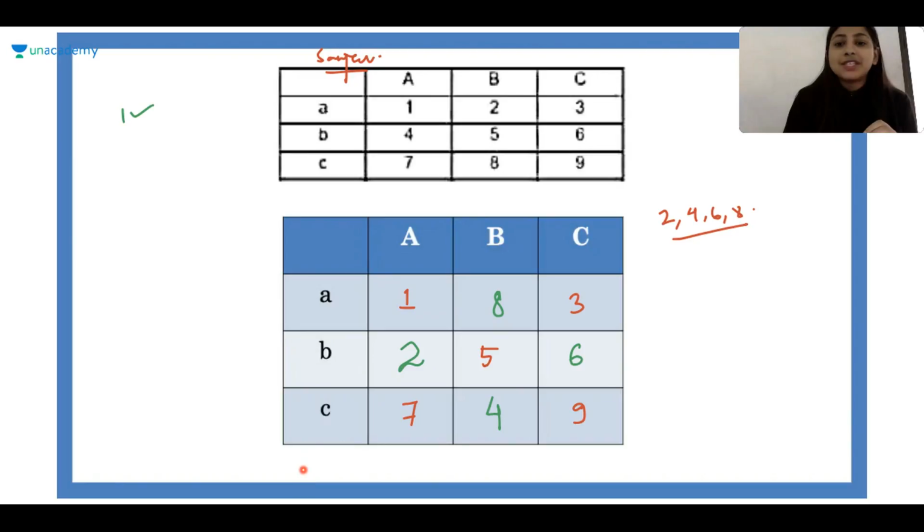Now keep 2 and 4 fixed still and just exchange 6 and 8. Is that possible? 2, 5, 8. No, it's not possible because 2, 5, 8 is in the same column in Sanjeev's ticket. In the previous case, 4, 5, 8 was allowed, 2, 5, 6 was allowed, but 3, 6, 9 is not allowed, because 3, 6, 9 is in the same column in Sanjeev's ticket. So none of the cases are allowed with 2 and 4 fixed here.